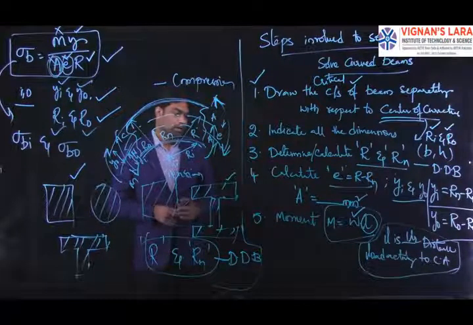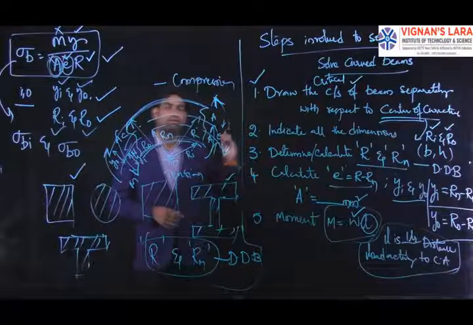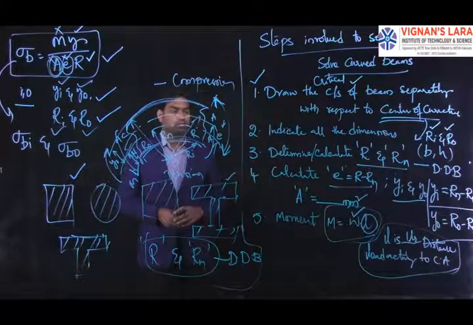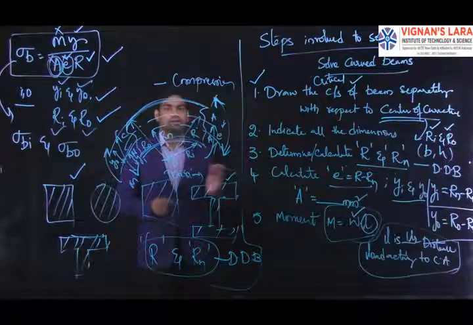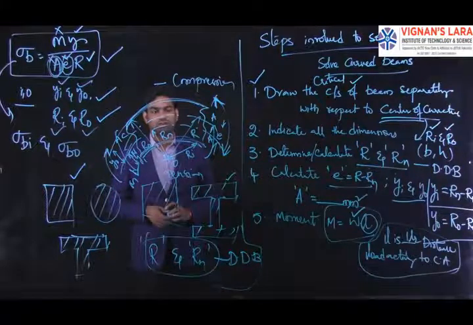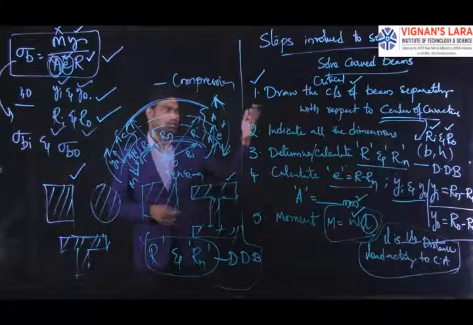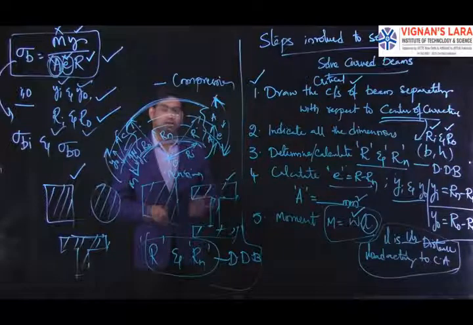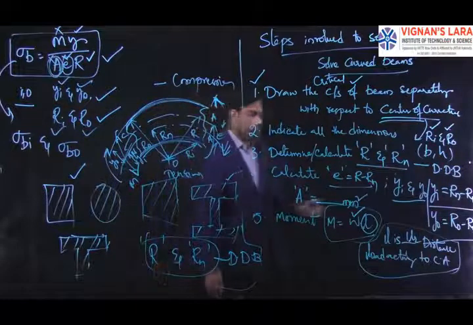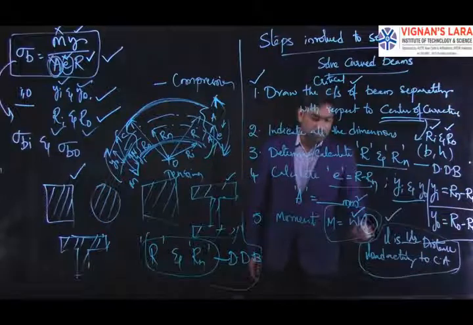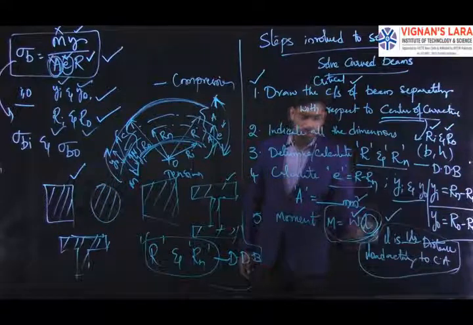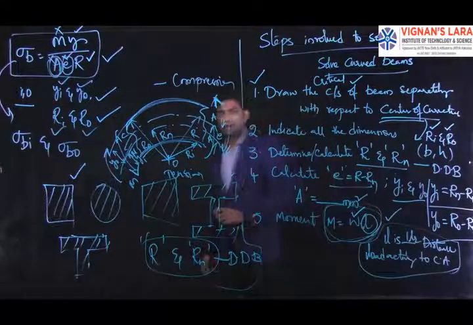But L is the distance that we need to take from the point of application of load to the central axis of the cross section that we have drawn. That is the distance we consider as the perpendicular distance, and it is taken as L, which we can use for finding the bending moment acting on the beam.